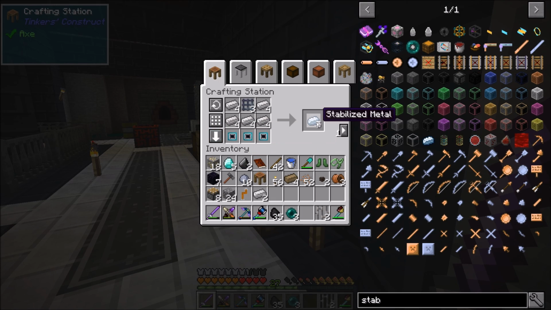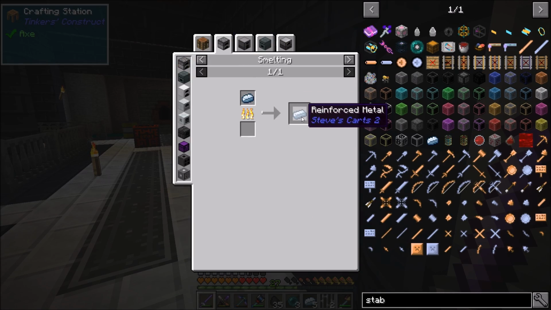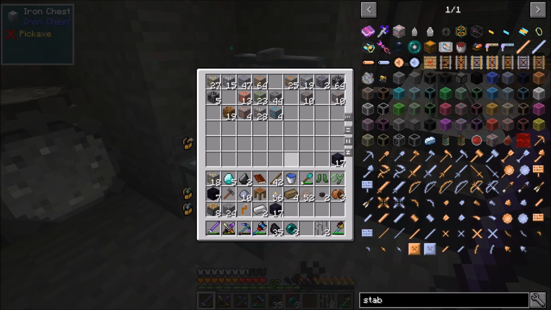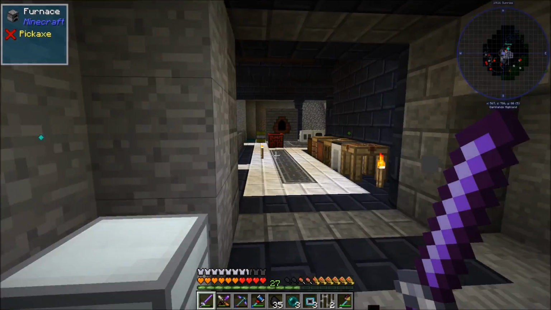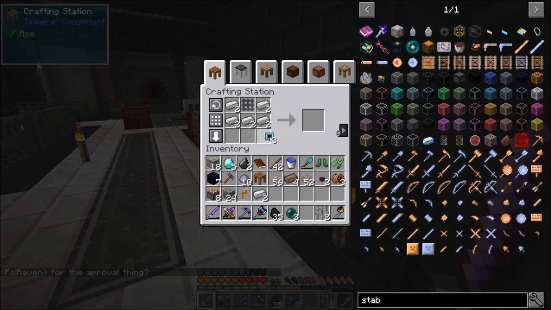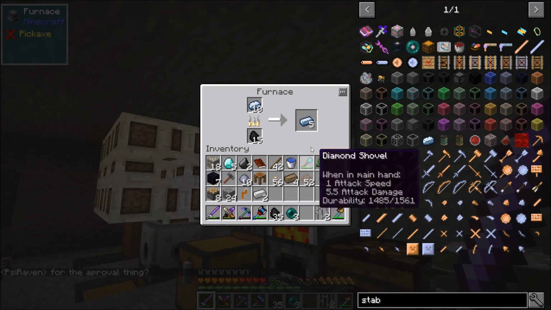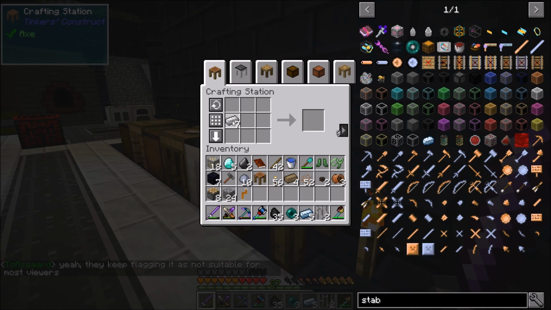Okay, and there's our first bit of stabilized metal. Okay, now we're going to have to smelt this as well to make the reinforced metal. So let's go ahead and pull this out, and we'll throw that into there. Get that smelting. And there's our last bit of refined hardener. So, throw that in there. Awesome. Okay, and then we'll get our...